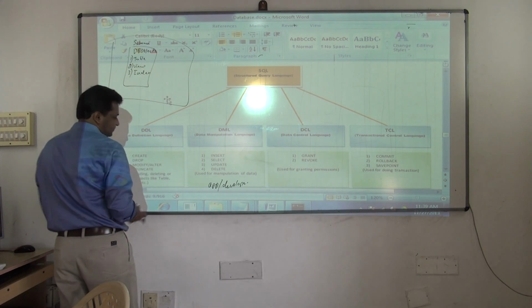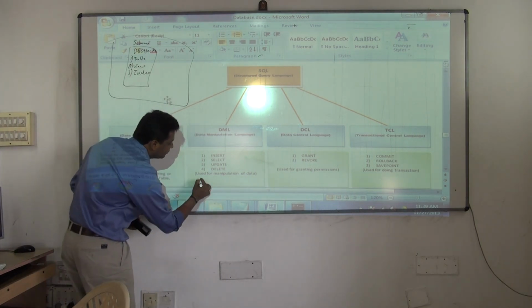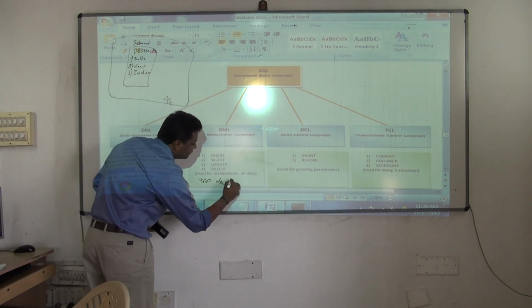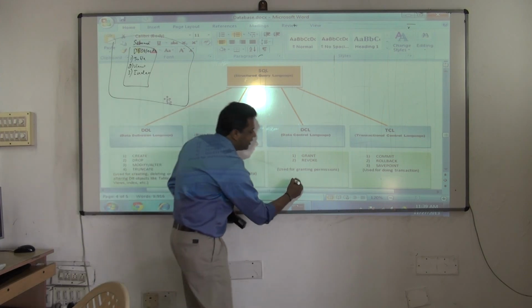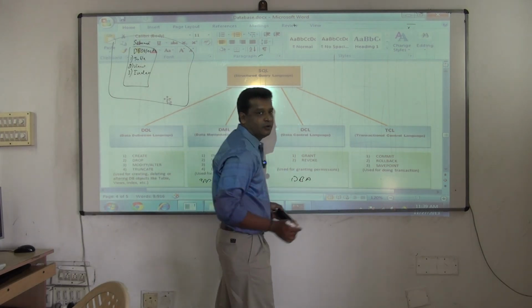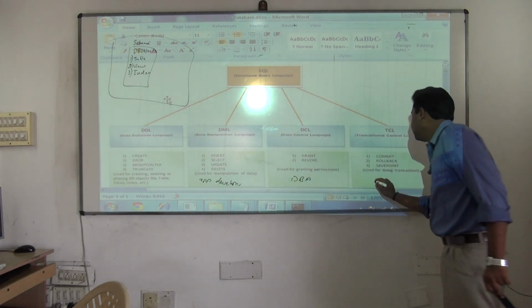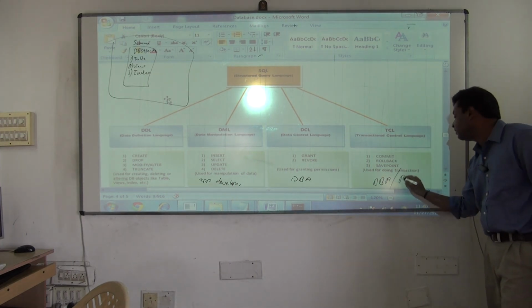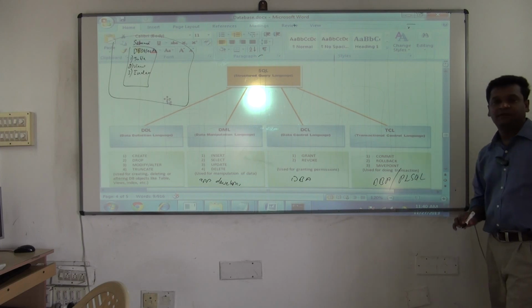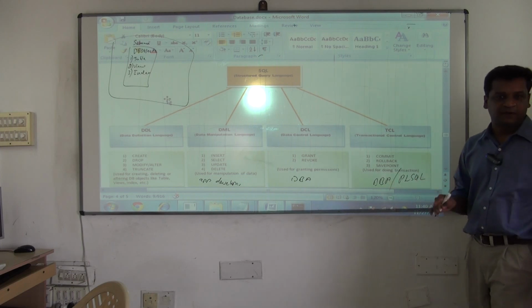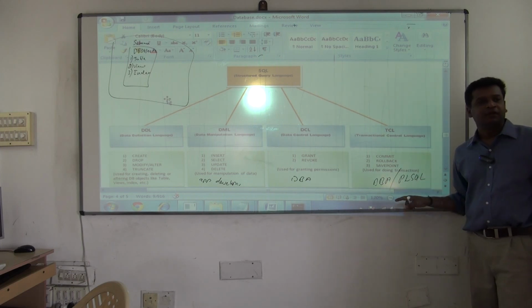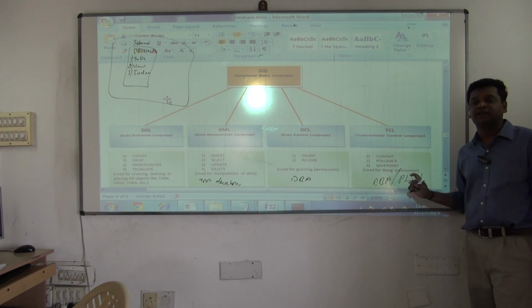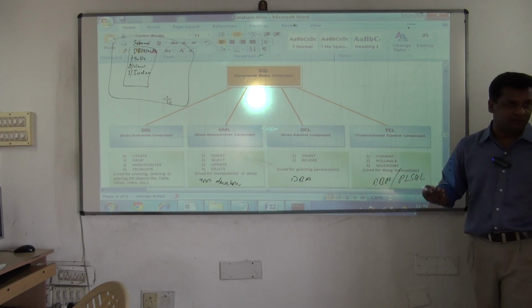But the fact is, this will be done by a DBA, database administrator, or by PL/SQL programmers. In industry that's how they classify the work. PL/SQL means procedural language. SQL is a language, you can write logic here also.